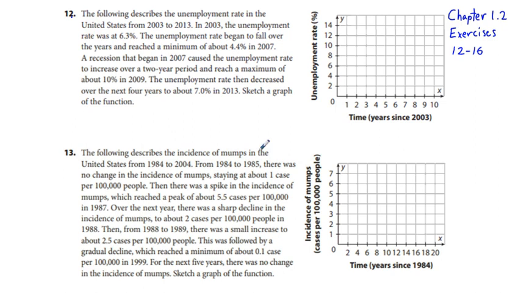13, the following describes the incidence of mumps in the United States from 1984 to 2004. From 1984 to 1985, there was no change in the incidence of mumps. So what you're looking at is this paragraph, and you're just given words and numbers. What you're trying to do is use mathematics to translate the text to a graph, which creates a picture, a visual of what is going on and the trends in mumps and so forth. So what I recommend doing is creating a table,